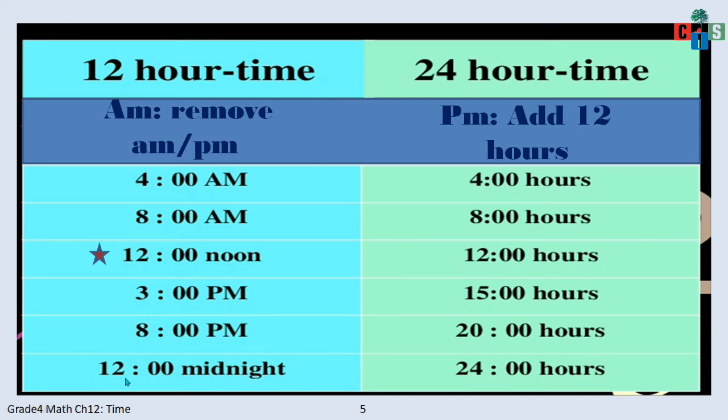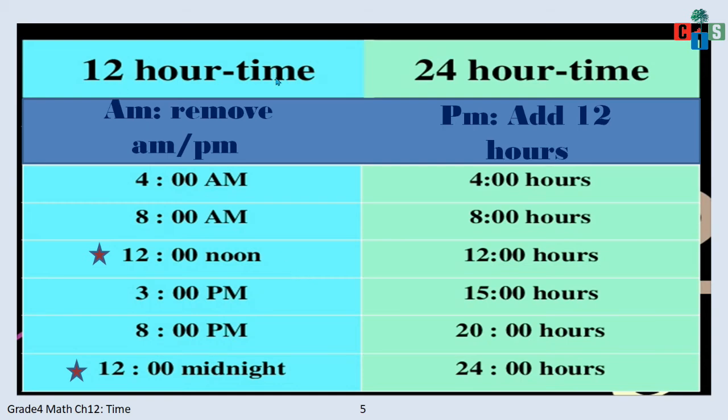Now again, it's 8 p.m. at night. Now it's 12 o'clock midnight. It's not 12 p.m. Remember kids, it's not 12 p.m. Let me mark a star here. It's very important. It's 12 midnight. Fine. So if it's 12 midnight, what will you do? You will add 12 to it. So it will be 24 hour, or you can have 00 hour. Fine. It's 24 hour.